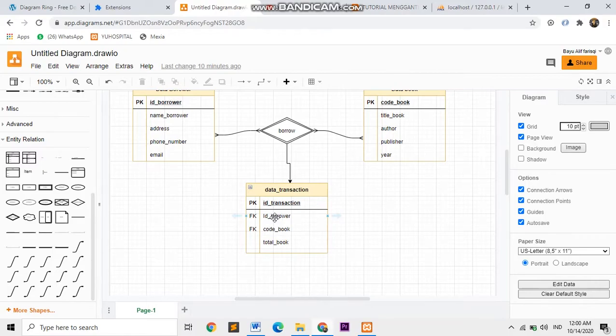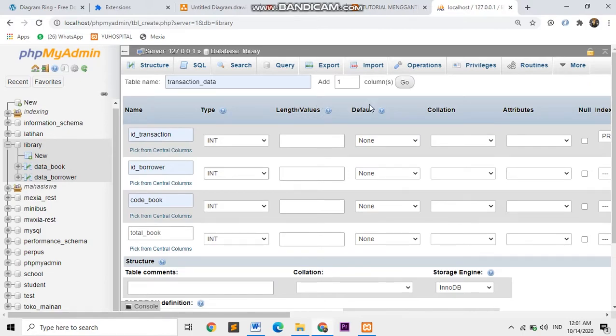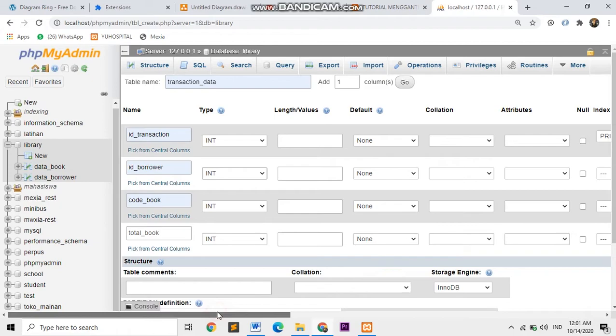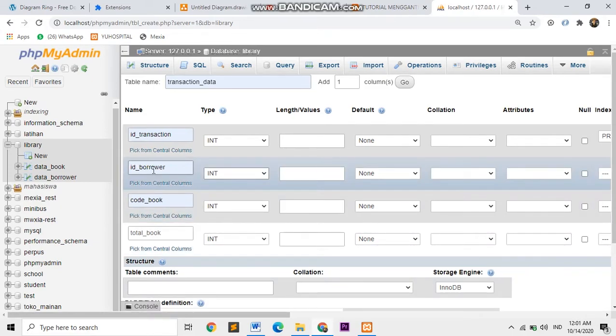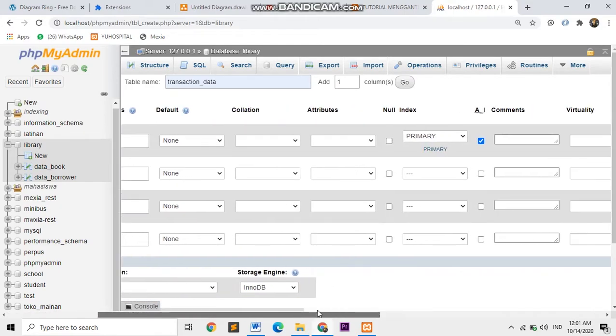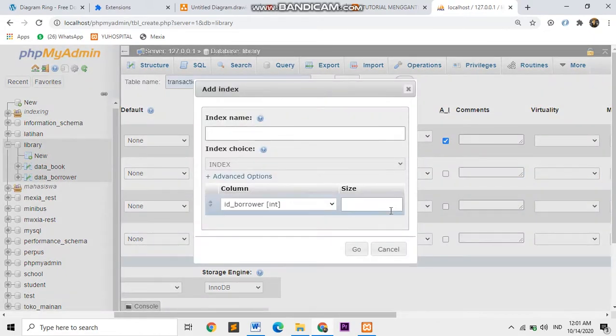How to make a foreign key in MySQL or phpMyAdmin? So ID borrower and code book, we give index, add index.